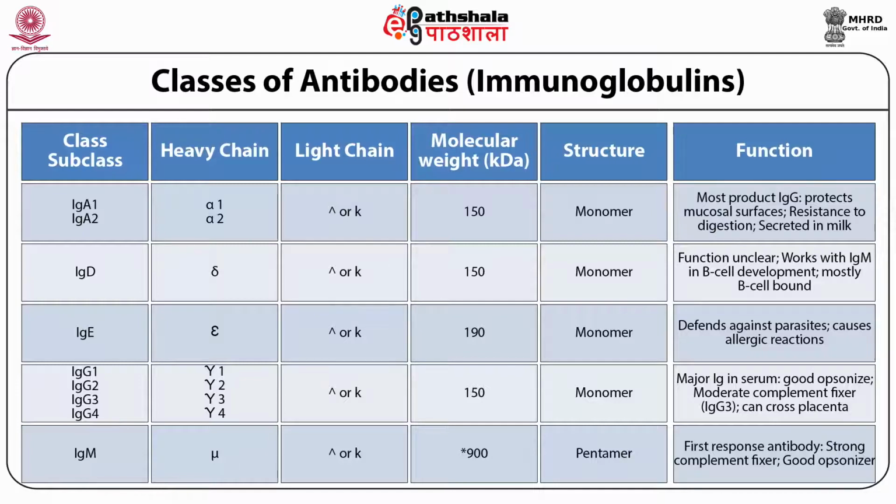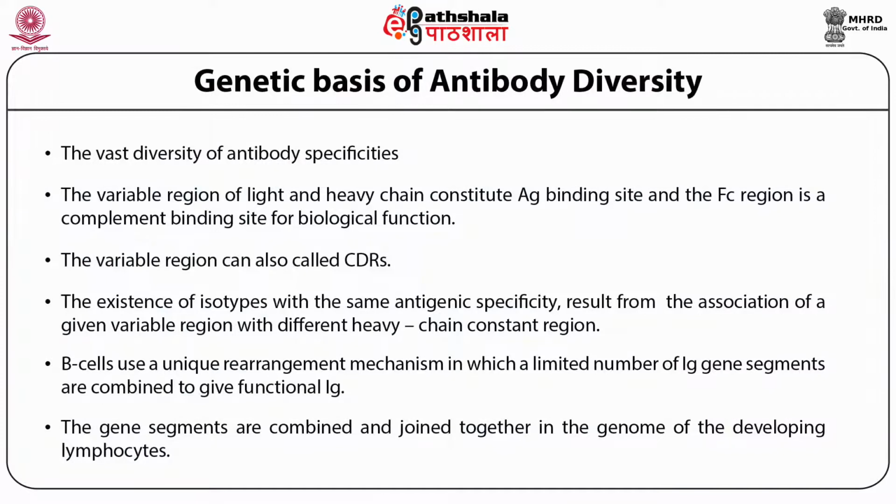If you come to the last immunoglobulin, which is IgD, its function is not known, but this IgD is expressed on the developing B cell along with the IgM, and this is important because for maturation of the B cell, this IgD along with IgM should be present at the surface so that it becomes a mature B cell. I already discussed various functions of the immunoglobulins with their isotypes,